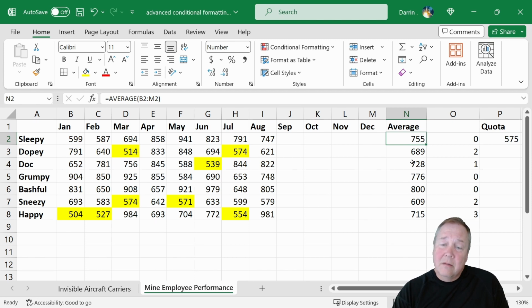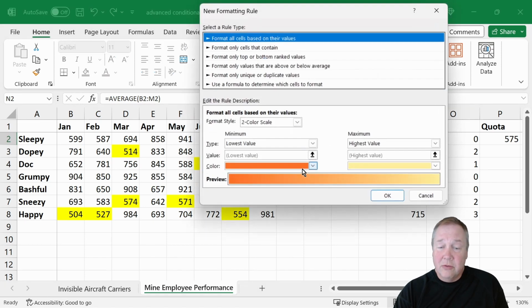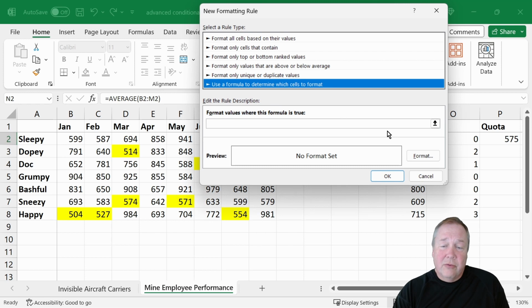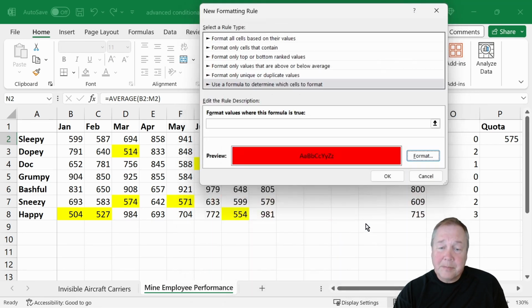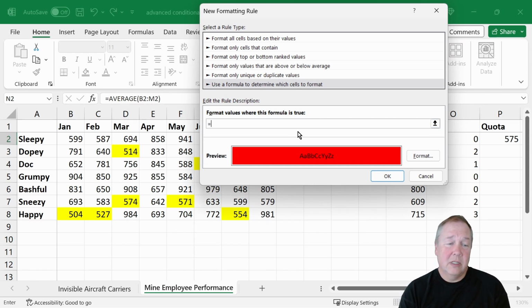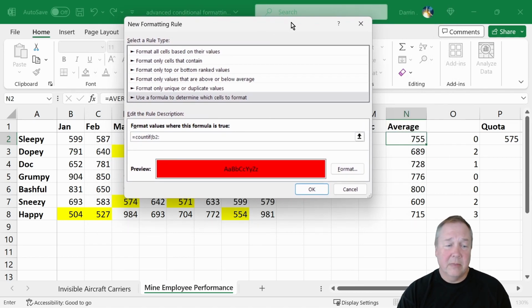So to do that, again, is conditional formatting, new rule, use a formula, and in this case, so I don't forget the formula again, I'm going to make it red if it's bad. And the formula where it's true, so what I want to do is equals COUNTIF, B2 to, what is that, M? Yep, M2,